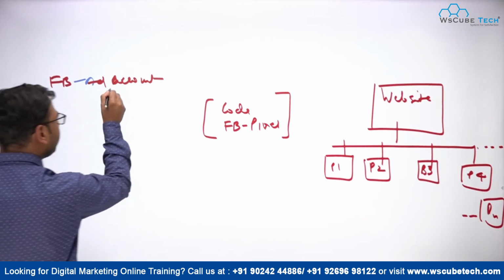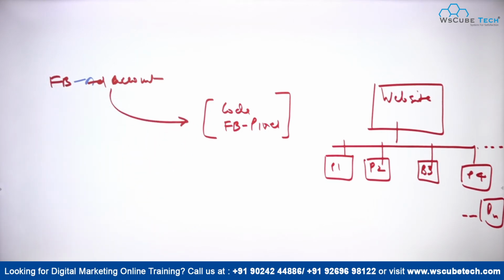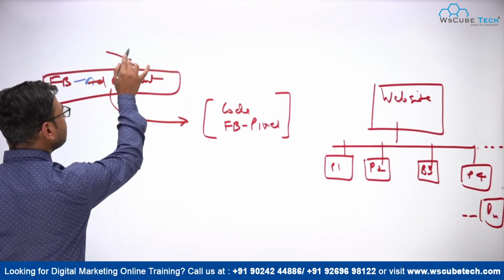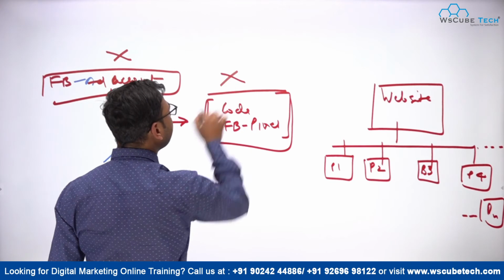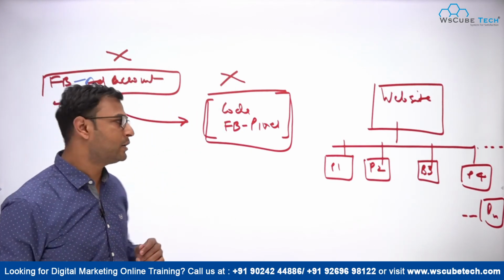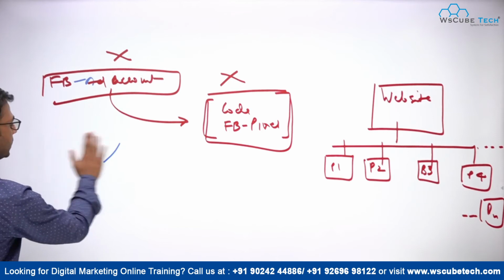Now we will extract our pixel from here, and each and every ad account has only one pixel, right? So if your ad account gets disabled, your pixel will also get disabled. You will lose access to your pixel, and your pixel basically has very important information. If you cannot access your pixel, then all the data that your pixel has collected so far will be lost, right? So you have to make sure that you do not lose your ad account, because if this ad account is dead, your pixel is also dead and all your data is gone, right? So make sure that your Facebook account doesn't get disabled.